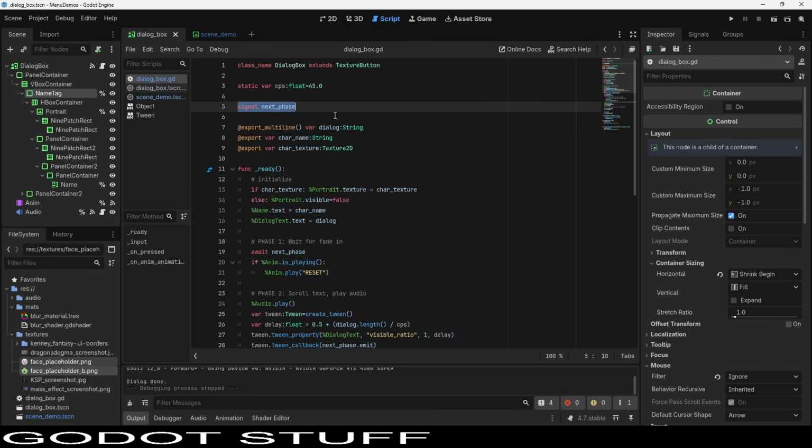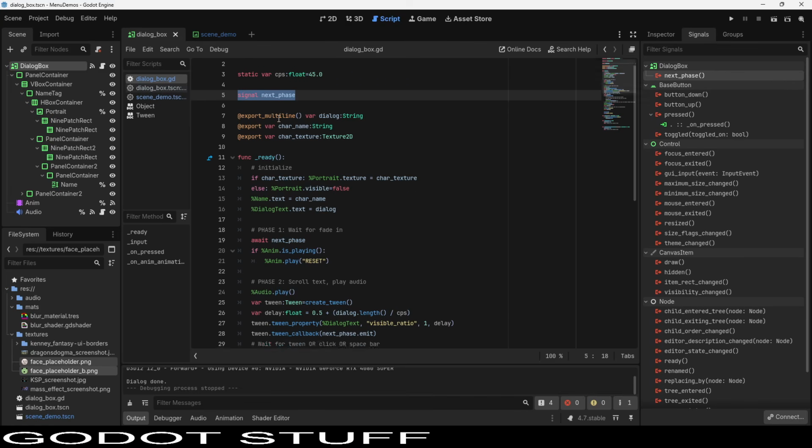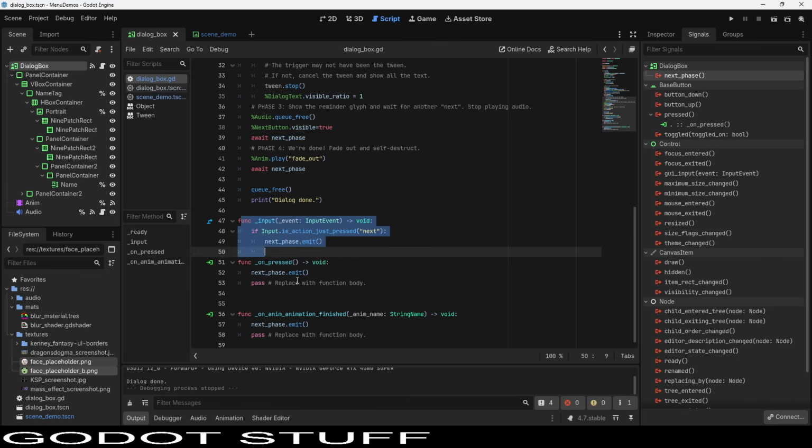Here's our heartbeat. Signal next phase. This is a custom signal. So instead of something like tree exited, we create our own signal and we manually call it. If we actually look at the signal list, here it is, next phase. We can even set it up like any other signal. Connect it, for example. We can even give it documentation if we really wanted to. We don't, though. If we take a peek down at the bottom, we've got these three functions which help us